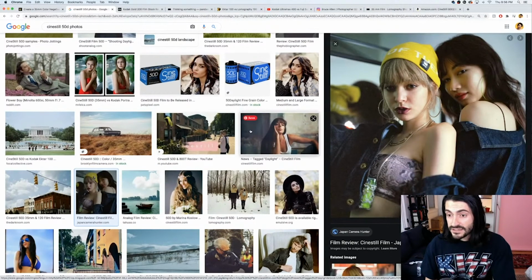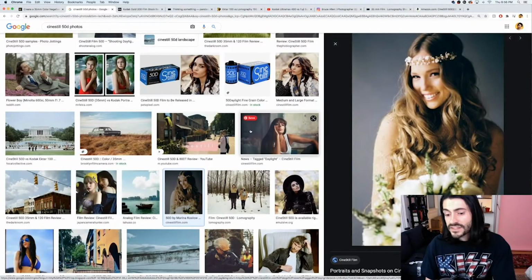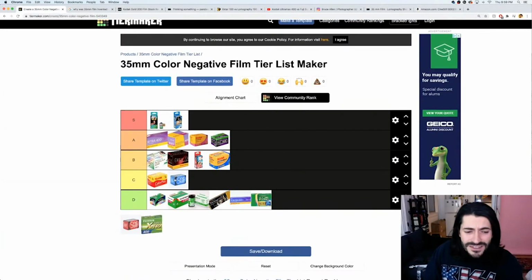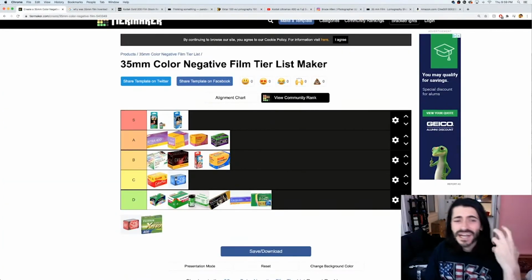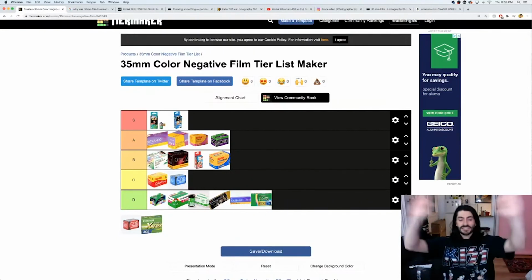Damn, if that's Cinestill, that's a nice shot. Good models too. Love the attitude. Oh wow, that's a beautiful shot. But yeah, Cinestill, $30, and it's a 50 ISO. What the hell are you shooting at 50 ISO? You got to be shooting like next to the sun for 50 ISO. Okay, but Cinestill